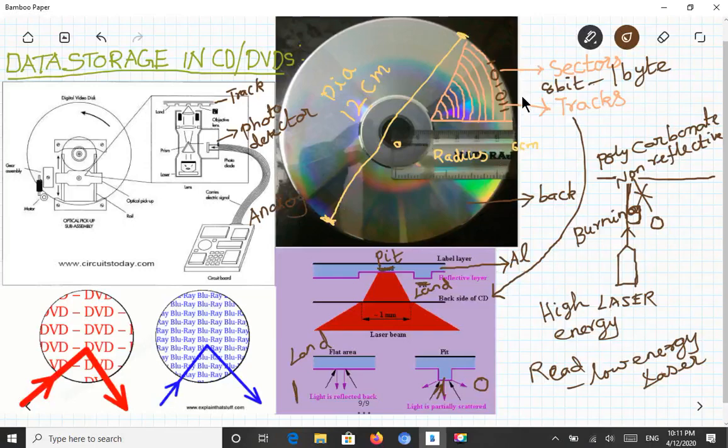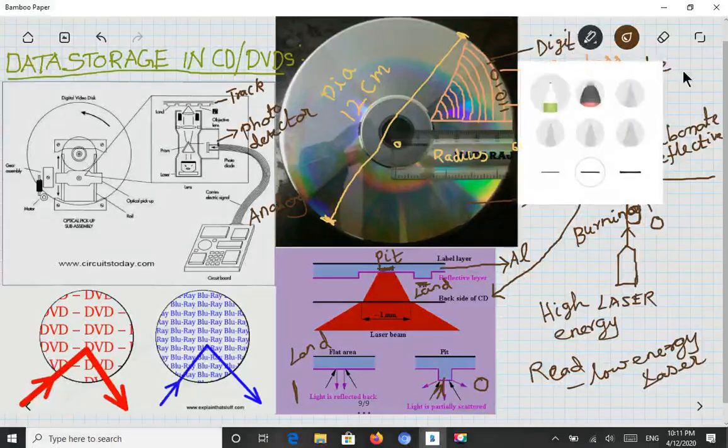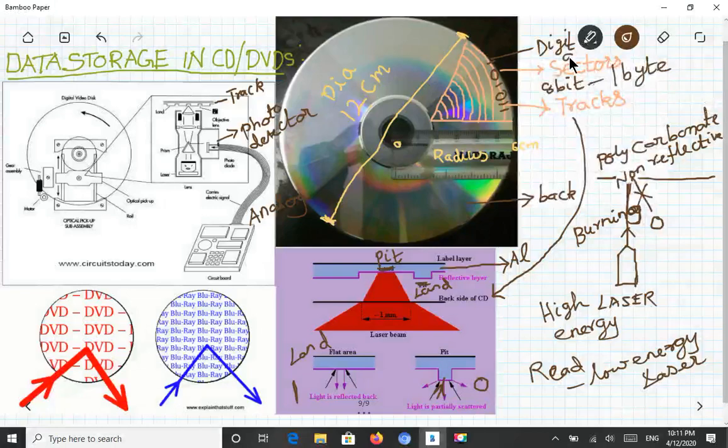So these are all ones and zeros and all digitals. So these are all digital, and digital will be converted to analog by the photodetector. Okay, but there is a difference between DVD, CD, and nowadays we know that there is something called Blu-ray,